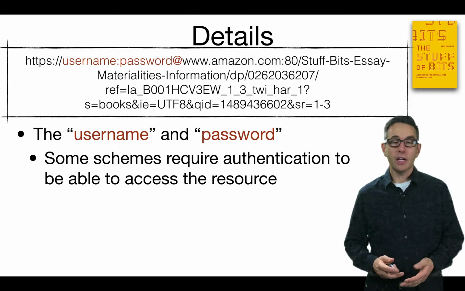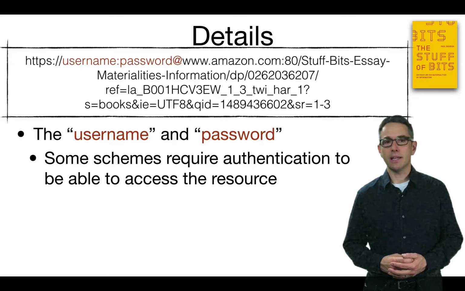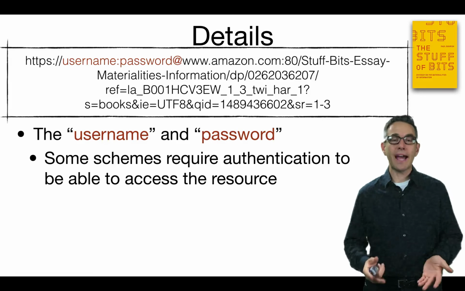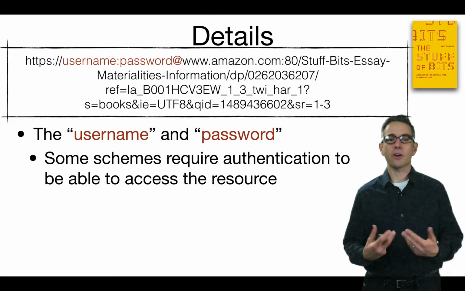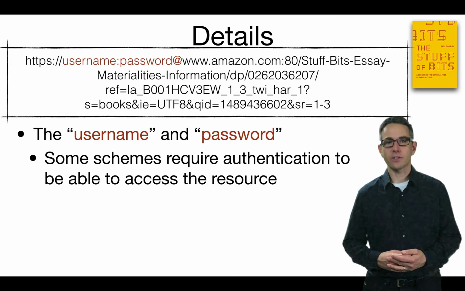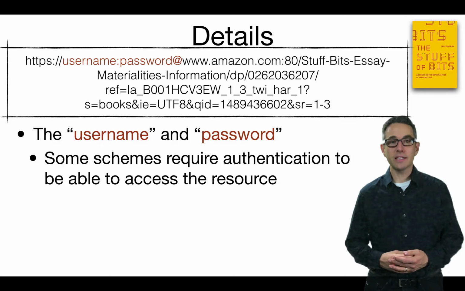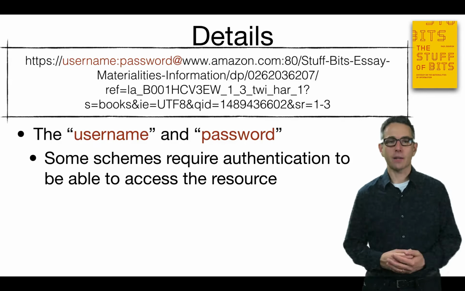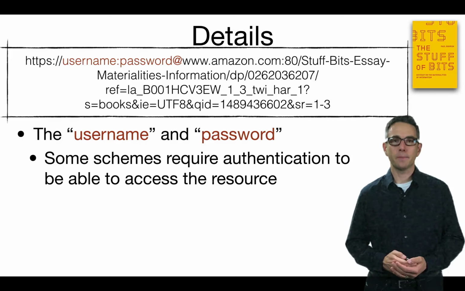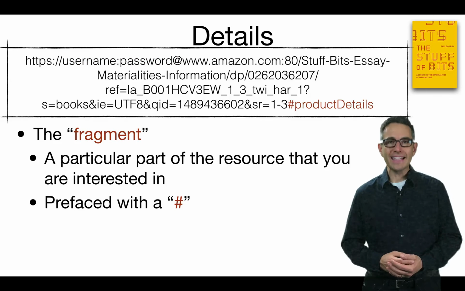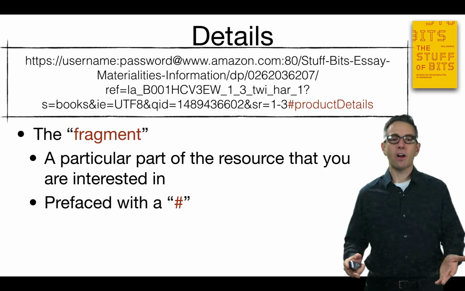Finally, in some protocols, you can add a username and password to the beginning of your URL. This would be for some kind of a resource that's located on the internet that you would like access to, but you need to supply credentials or authentication in order to get access to those resources. So if you had a protocol that used this, you'd pass a username, a colon, and a password, and then the @ symbol, followed by all the different details that we've talked about so far. This is the origin of where our email addresses came from, specifying a username and a domain at which resources were located.